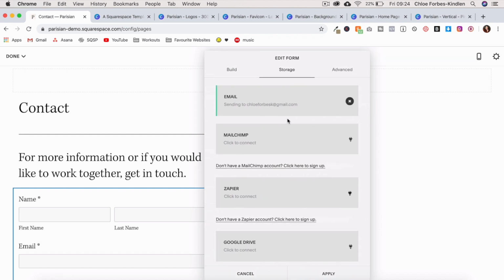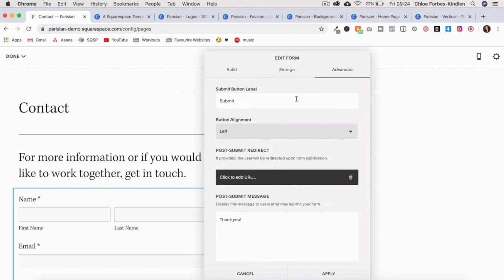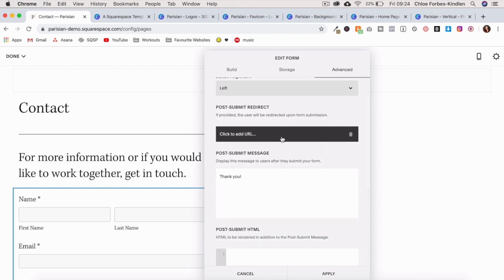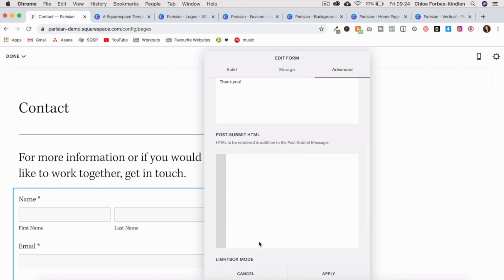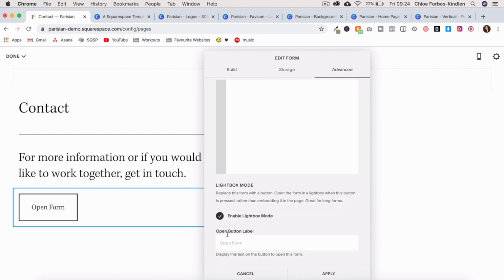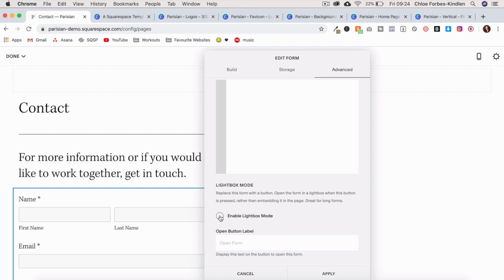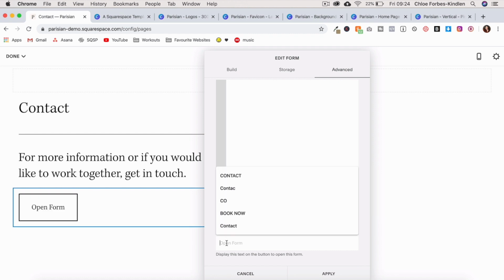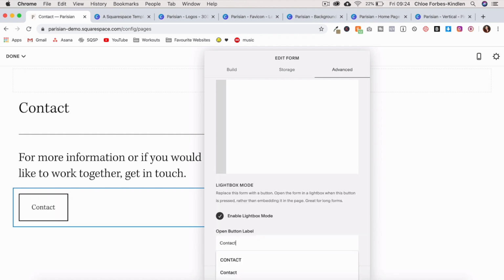Storage, you can select which email it would go to. If this is a business contact form, I don't recommend linking it up to MailChimp. It's better it goes to a professional email. Click on advanced and you can put your submit button, align it. Again, you can direct it to a thank you page or just put a thank you message. What I'm interested in showing you here is if you scroll down to Lightbox, you can enable Lightbox and that will change it from a form to a button that opens a form. So it's a little bit neater. So we'll just put contact here,